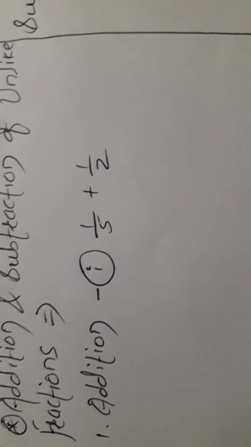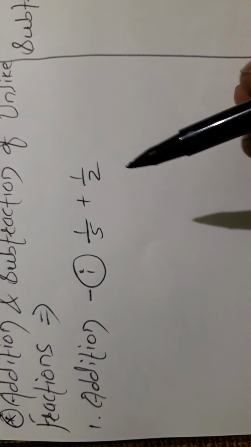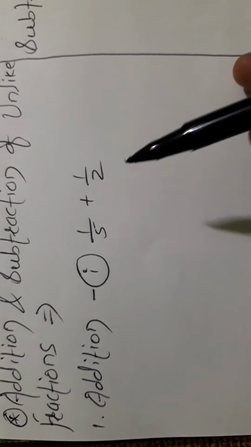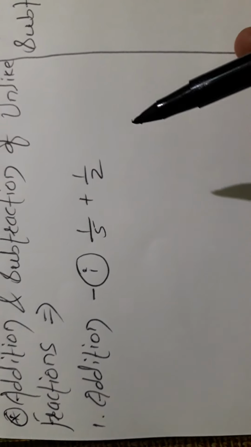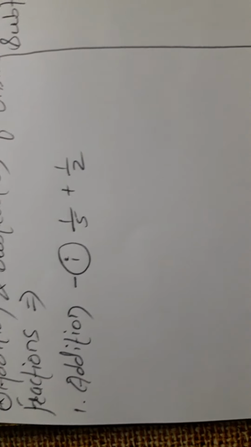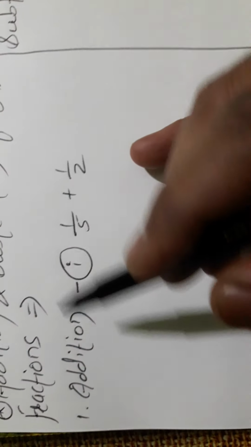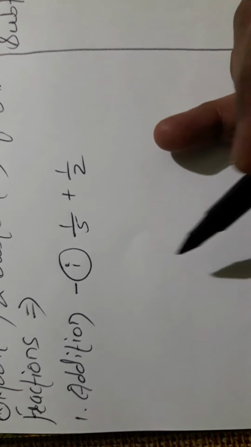So there are two methods. In our textbook the LCM method is shown. Here I am going to show you both methods, how to find the addition of the given fractions by using cross multiplication and also LCM. In subtraction also I will show you both methods. Whichever method you feel is simple, you can choose it. Now look here, addition. In this first example I have written 1 upon 5 plus 1 upon 2.